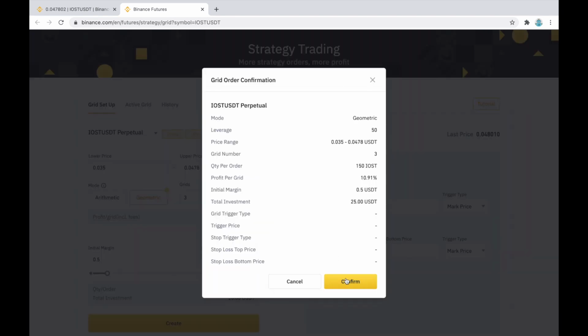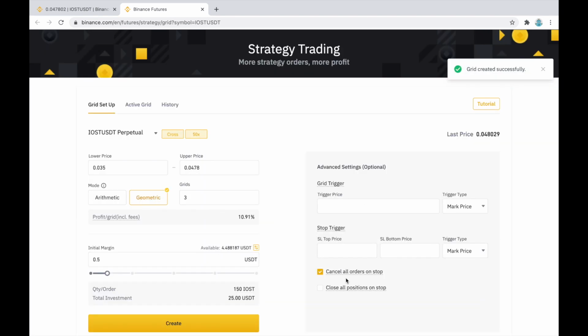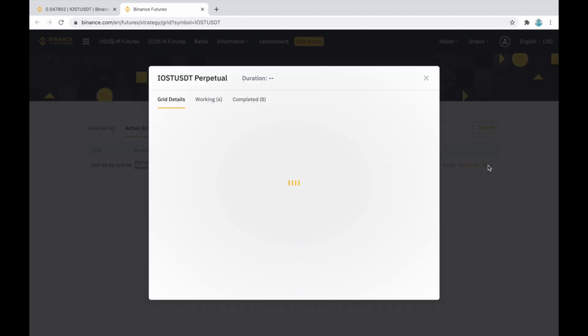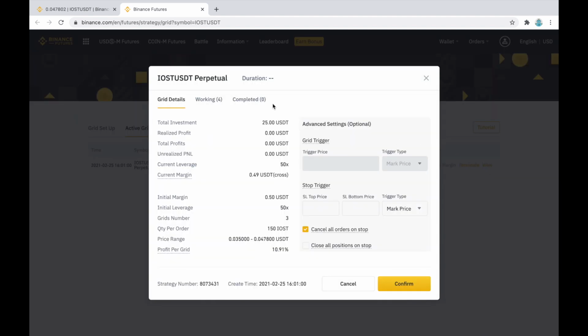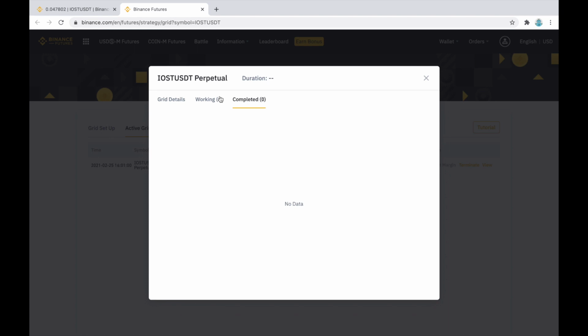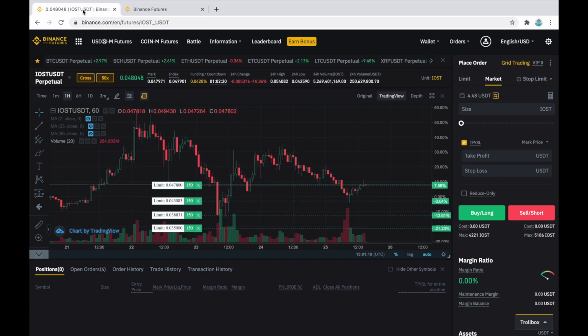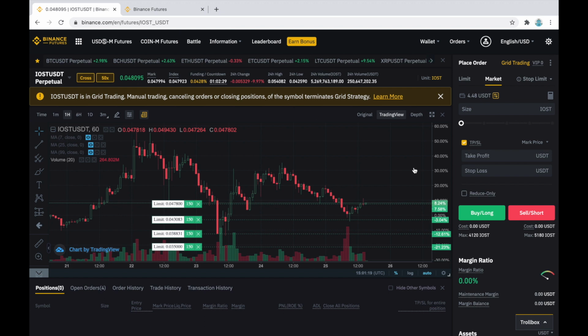Before confirming the creation of the grid, I had again verified to see if the last price had not dropped below my upper price. This is an important element of my strategy. I do not want to open a sell short contract. Once the framework is created, I go to verify that I only have the buy long positions. Grid strategy is in effect, and I am waiting for the price to drop slightly, so that my entry grid position is opened.